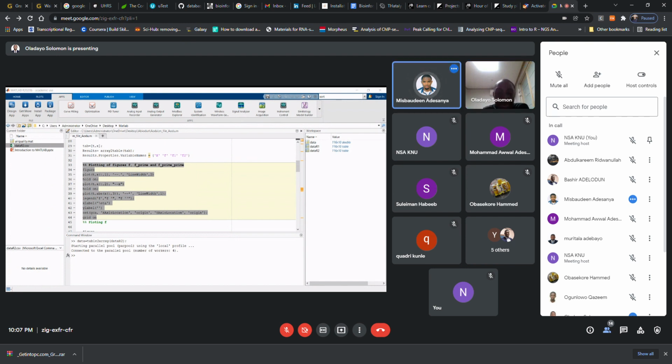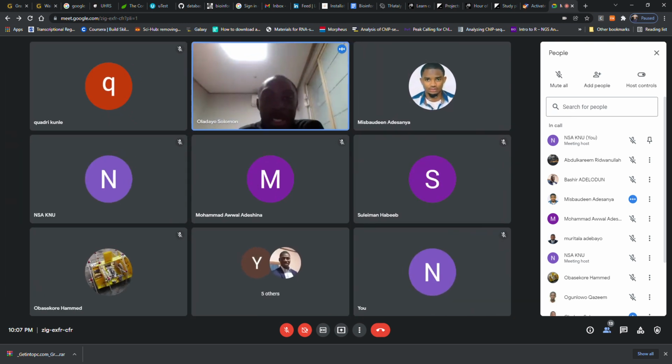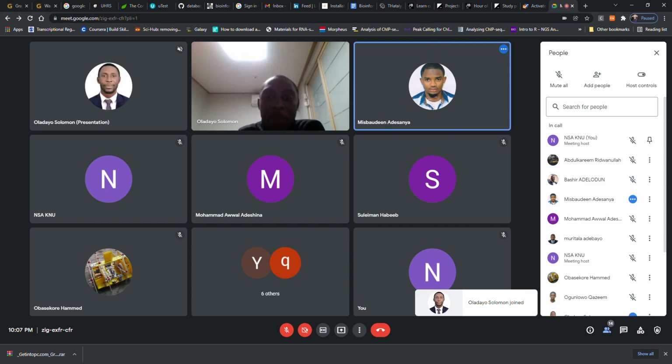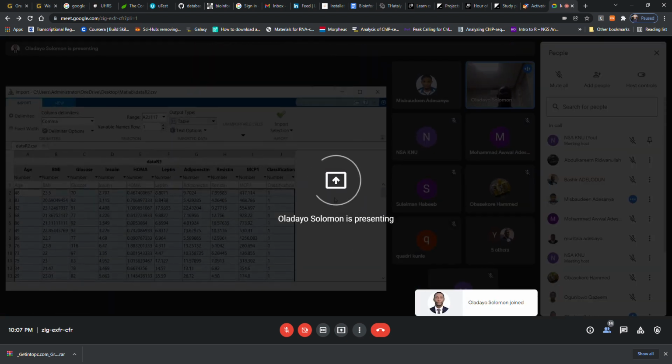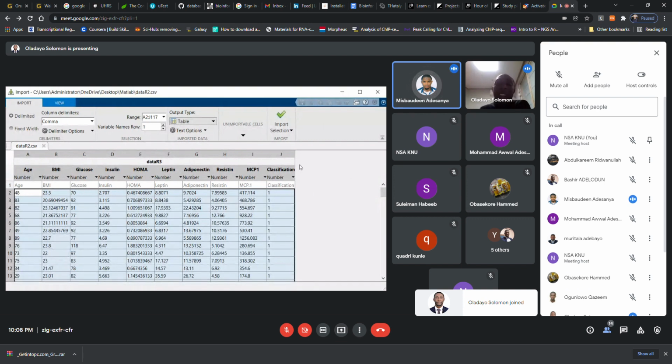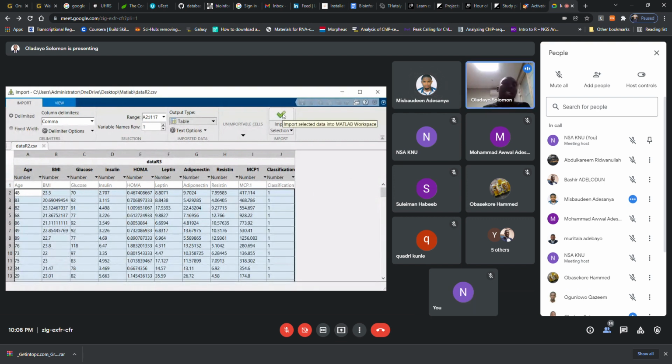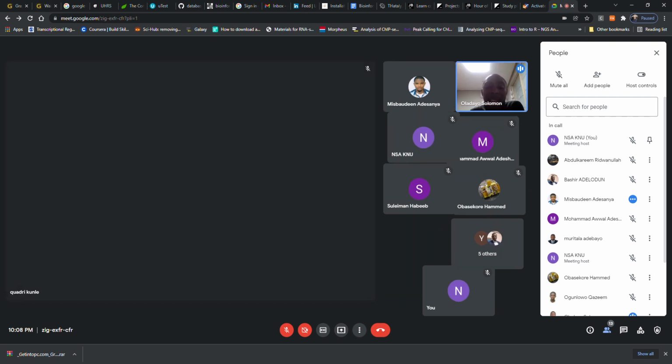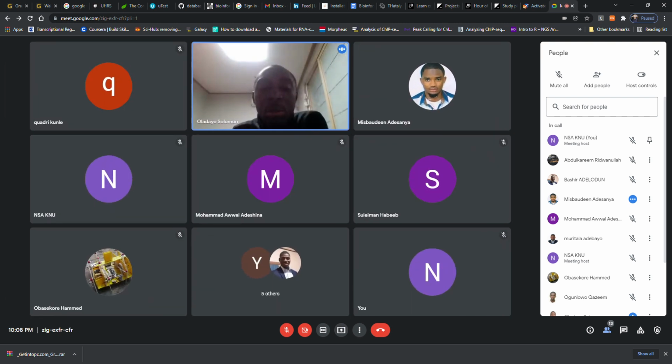I'm going to go back again, because it's always showing everything in a separate window. This window, do you have this window? Yes. Good. So if you have this window, just click on import selection. Okay. Now, once you click on import selection, come back to